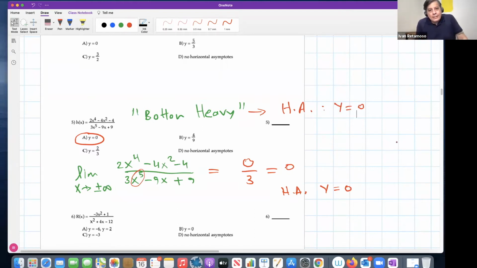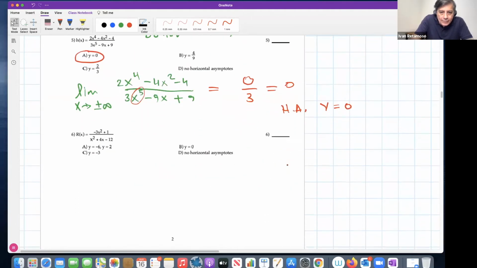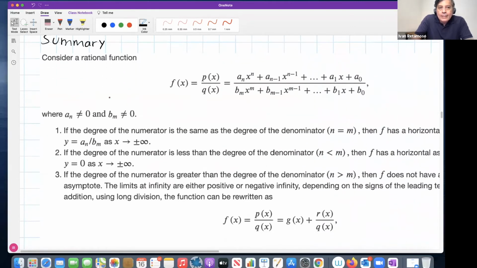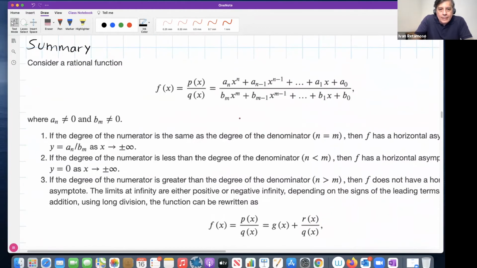All right, so mathematicians organized all this, and they came out with this nice shortcut I'm going to show you here, a summary. They say whenever you have a rational function, there are 3 possible scenarios: either your rational function is top heavy, equally heavy, or bottom heavy, depending on these degrees, these exponents. Whatever is the dominant determines if you are dealing with a top heavy, bottom heavy, or